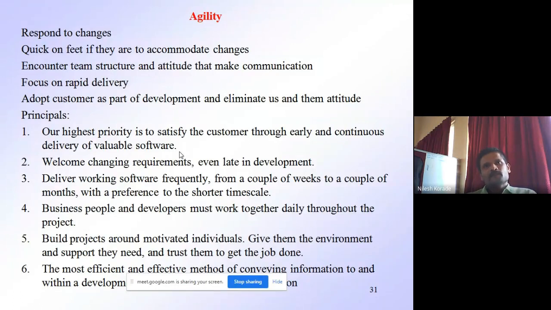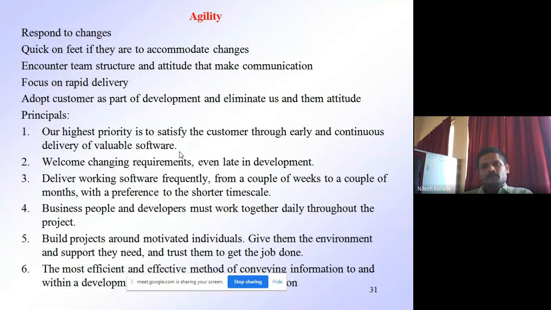Then the second principle: welcome changing requirements even late in the software development process. We have seen that some models don't allow changes in the software development process. Let us take the example of the waterfall model, where we have seen the disadvantages. Initially there is a communication phase, you have to gather all requirements, and your customer must have some patience, because the customer gets the final product only in the last phase, that is, the transition or deployment phase.